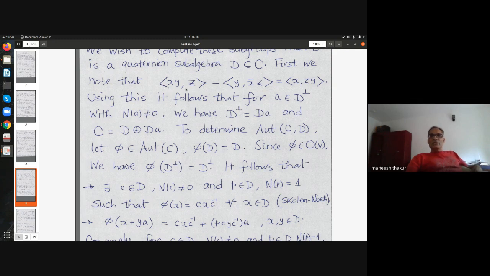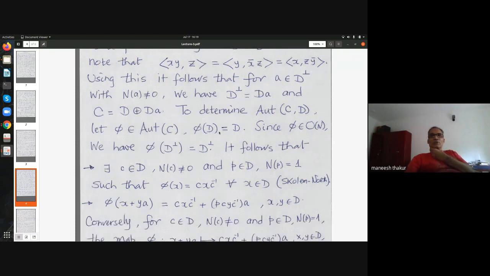So these equations will tell you why D times A belongs to D perp, and then dimension computation will tell you they're equal. So, you just play with these identities. So this will tell you that dA, what is dA? This is small d times A, where small d runs in D. So this is contained in D perp. This is immediate from here. Yeah, is that okay? So then we know anyway C is D direct sum D perp.